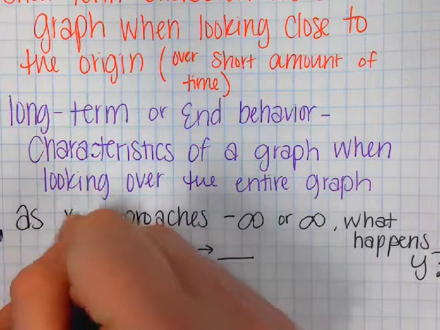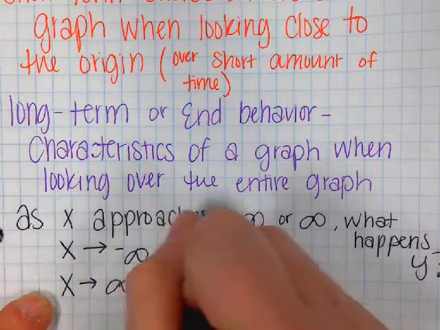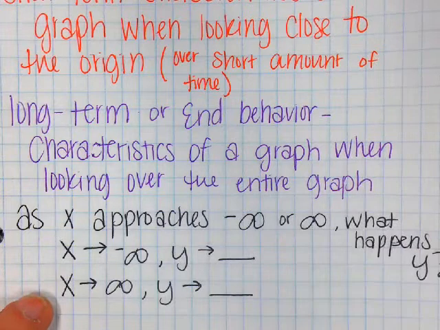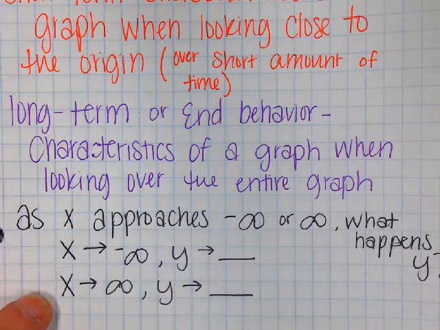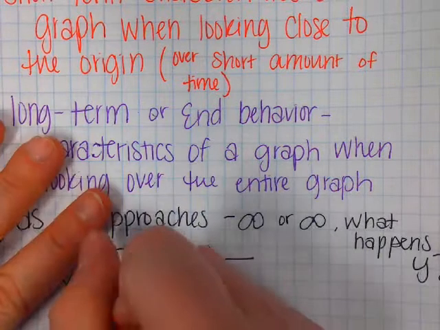And then as x approaches positive infinity, y approaches either positive or negative. So if you look at a graph that looks like this,